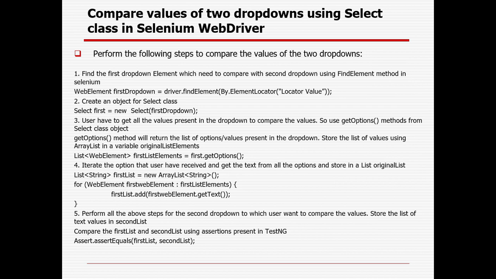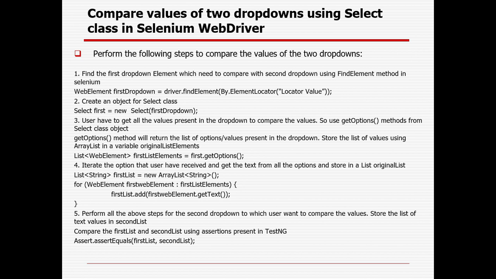Whenever you are navigating to a particular web page or automating something, you often face various kinds of drop-down lists, where you can find the select tag. So you can use the Select class to handle the drop-down. Suppose for a particular drop-down, you need to verify the drop-down list against some values already saved in the database, or already declared in some string type. That value needs to be matched, so you can do it.